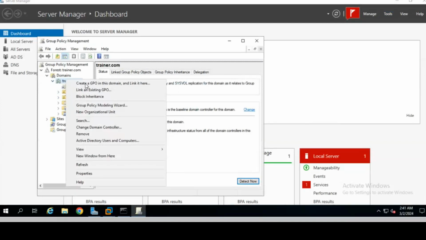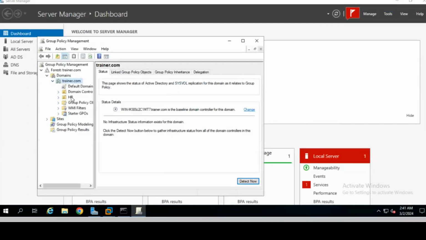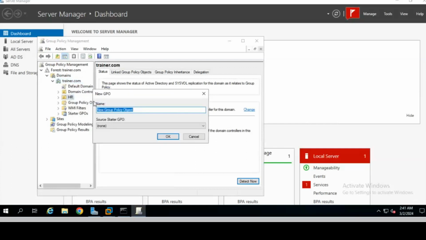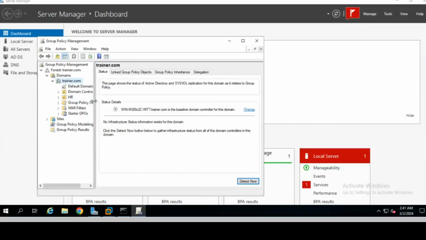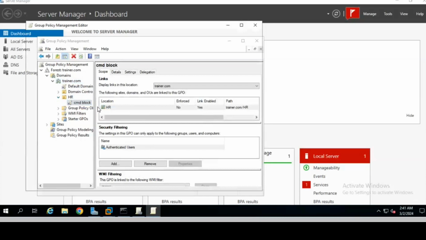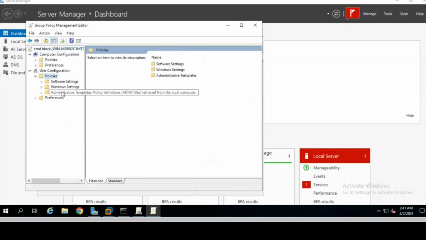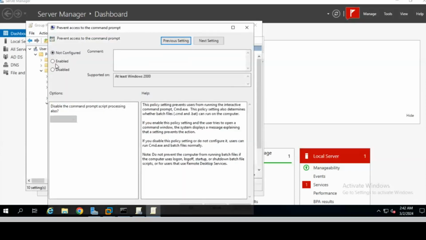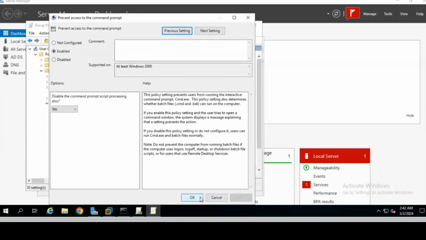Earlier we right clicked on trainer.com and created a GPO. Now right click on HR, create a GPO in this domain and link it here. Now apply the policy, like I'm applying CMD block again. Under HR, when you expand, CMD block is here. Double click on this, then right click, edit, and in the same way go to policies, administrative templates, system, and prevent access to command prompt, enable this, apply and OK, and close this.